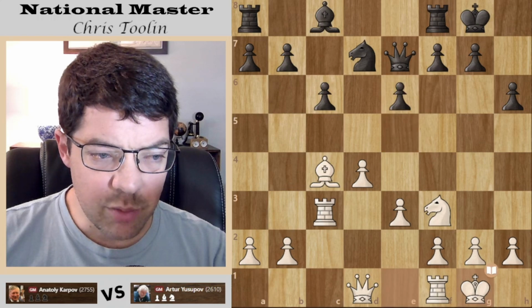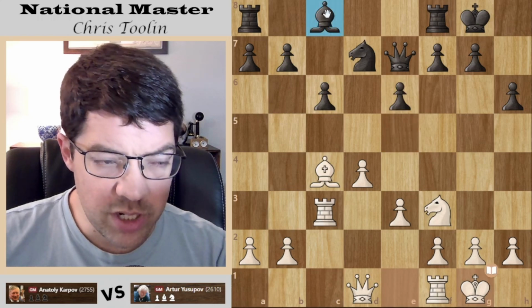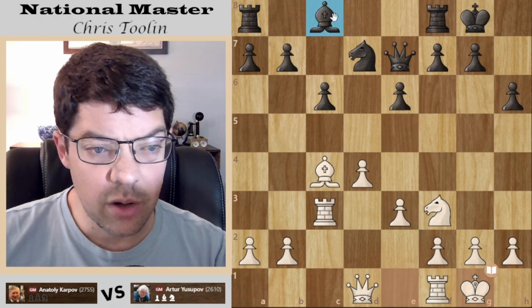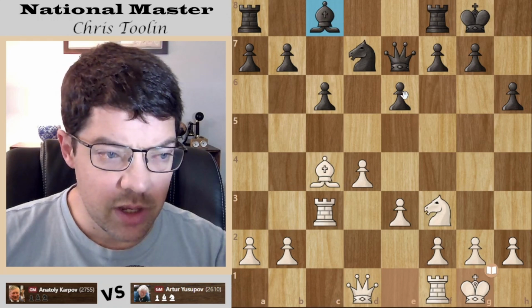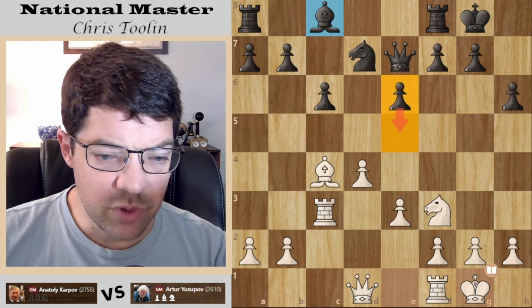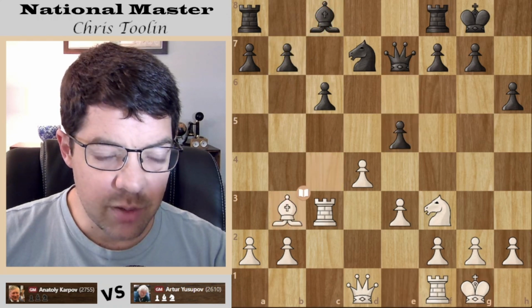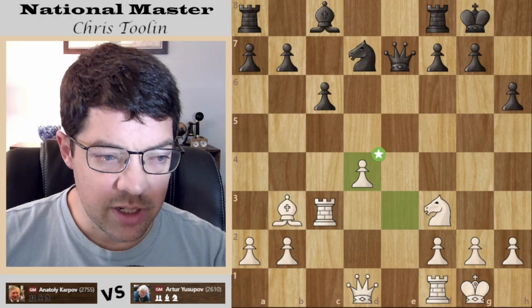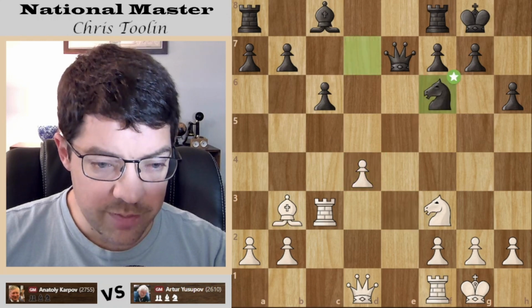Very thematic move. Great lesson here for the beginners. Watching this bishop is buried in here. Always difficult, the queenside bishop. How to get it out? Well, you're going to need to move one of the pawns. Sometimes it comes out this way. But e5, very thematic move. Capture. Great move. Pawn takes.